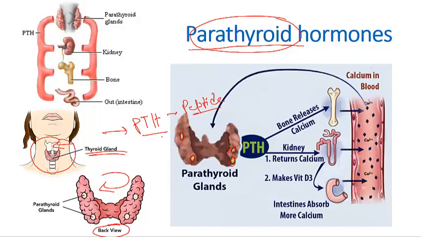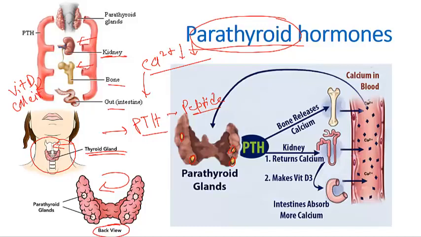This parathyroid hormone secretion is stimulated by a drop in the blood calcium level. If somehow there is a drop in the blood calcium level, that triggers the parathyroid glands to release parathyroid hormone, and this hormone targets multiple tissues listed here. It can target the kidney, bone or gut. In the kidney, parathyroid hormone causes direct reabsorption of calcium. In bone, it causes the resorption of the bone, and in the gut, it stimulates the conversion of vitamin D into